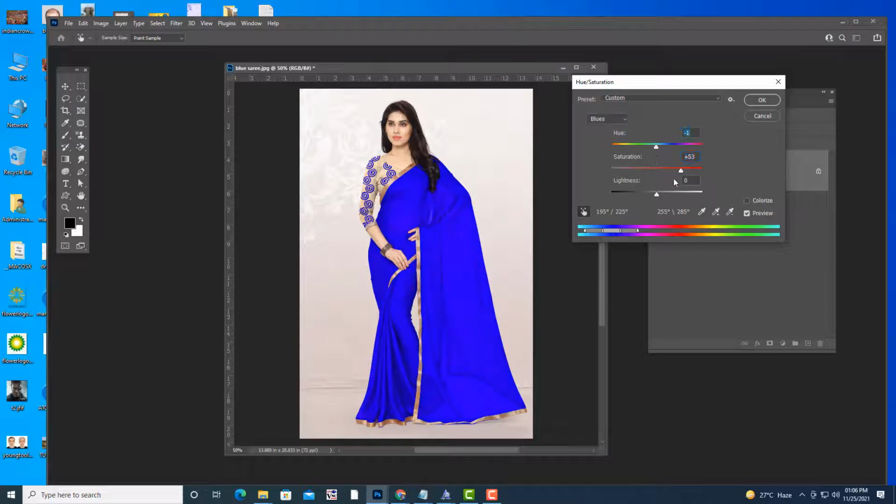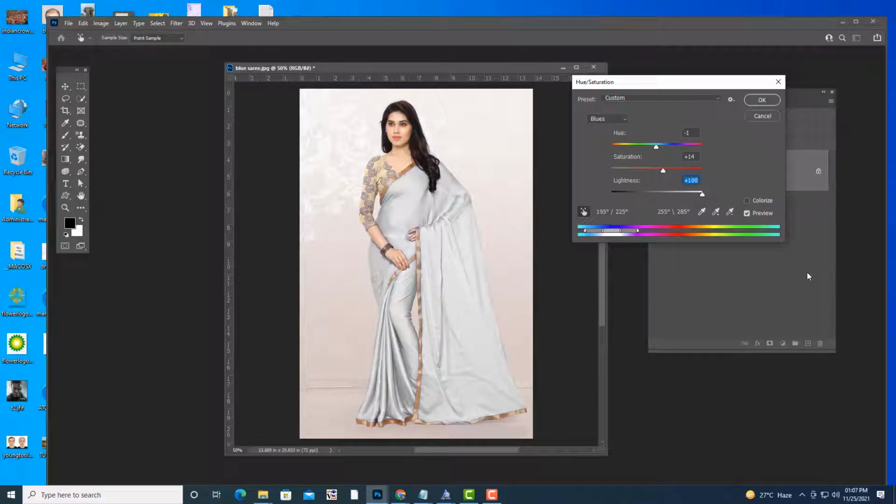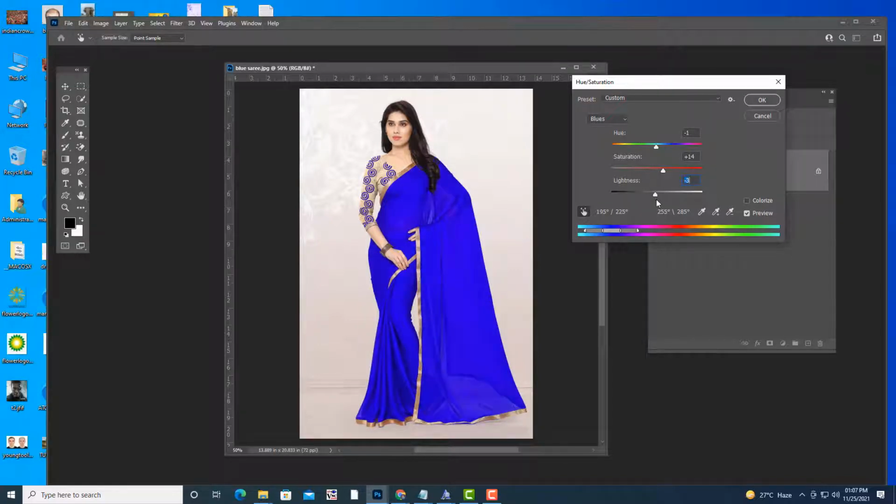And if you want a black saree, what should we do? Just reduce the light. See, black saree. And if you want a white saree, increase the light. And if you want a grey saree, reduce the saturation. You see so many colors, all colors we got.